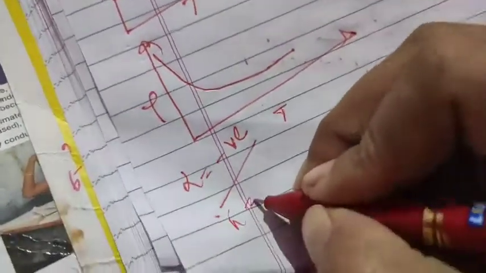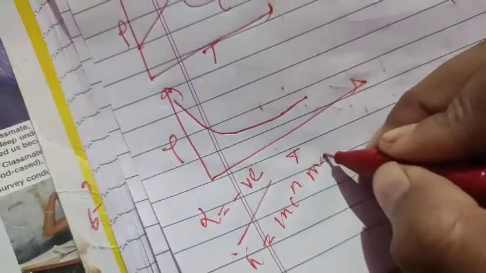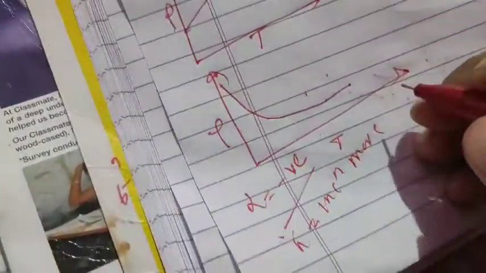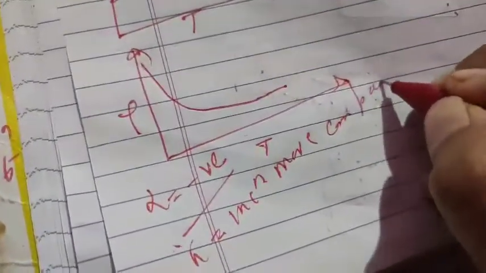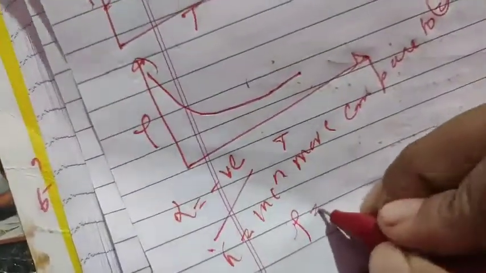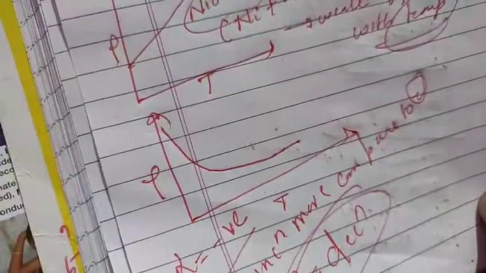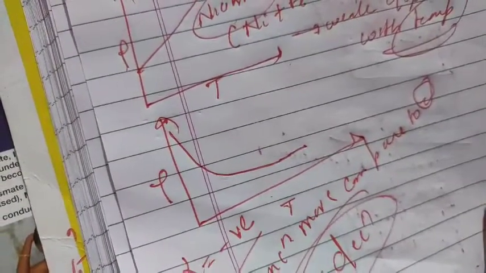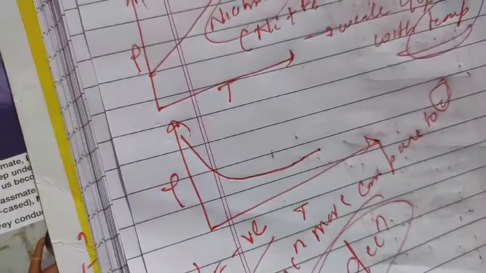Now n increases much more compared to tau, the relaxation time. So rho decreases. So with the increase of temperature, resistivity decreases. It tells that resistivity in a semiconductor depends upon temperature, and resistivity in metal also depends, but what happens? It is independent of